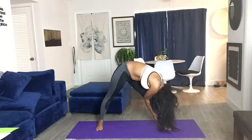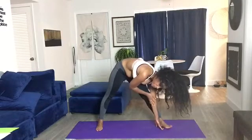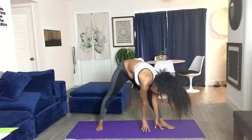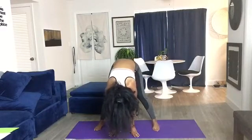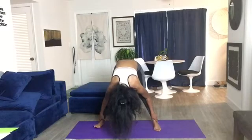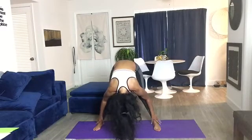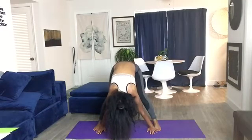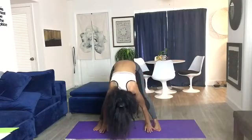Remembering to inhale, exhale, release, allowing your hands to come to the middle, embracing your right and left leg, allowing the head to drop, holding onto your ankles or on the ground if that feels more comfortable, getting a nice deep stretch in the back of our legs, inhaling, exhale, come up for